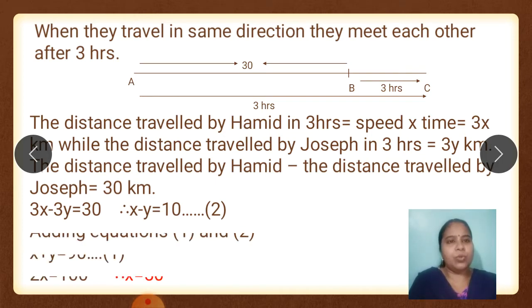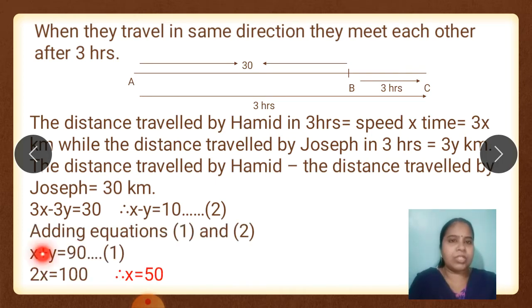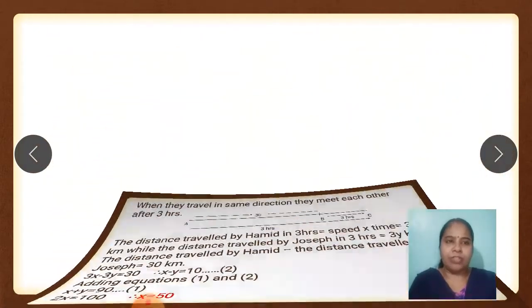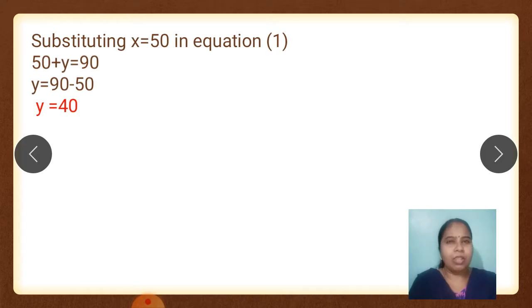So we have got two simple equations. This was equation 1, x plus y is equal to 90, and this is x minus y is equal to 10. So what should we do? Add 1 and 2, correct? So minus y and plus y will get cancelled. x and x is nothing but 2x. So 2x is equal to 100. x can be calculated as 50. So one of the variables we have got. Substituted in equation number 1, you will get y as 40, correct?